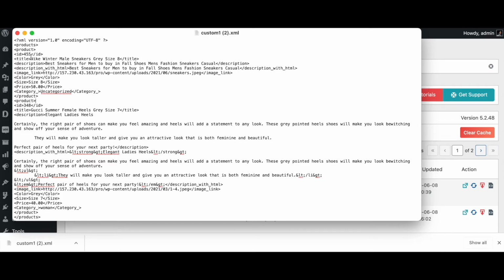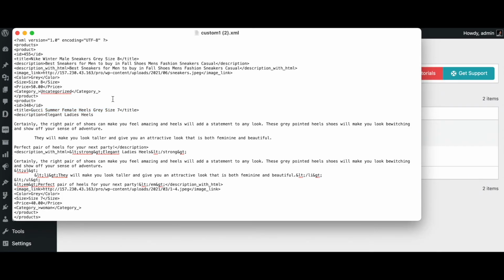This is what our new product title looks like. As you can see, it's a lot bigger than the previous one, and also at the same time it provides us with a lot more information. So when the customer is searching for this product, it's more likely to hit one of these keywords because it has a lot more description in it. The same goes for our other product as well. As you can see, it provides us with a lot more information.